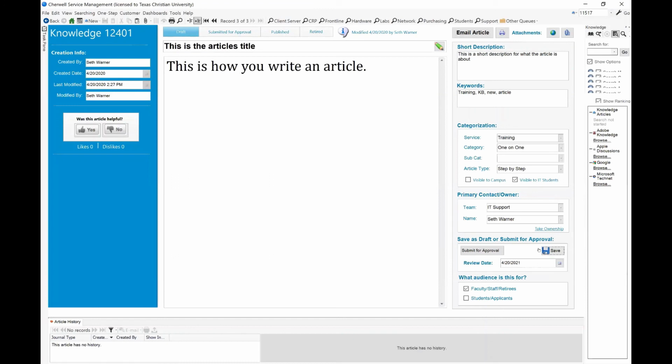At this point, I could either leave it and come back to it, or if I felt confident, I could go ahead and submit for approval, where it'll then go to the knowledge team to either be approved or sent back to you for revisions. So let's say I save it as a draft, and then later on I want to come back and find it. How you do that is if you're on your main home dashboard,